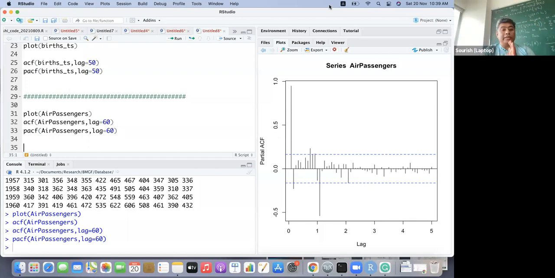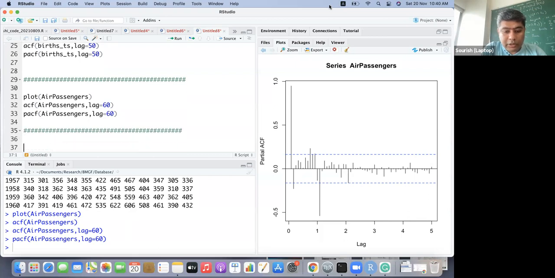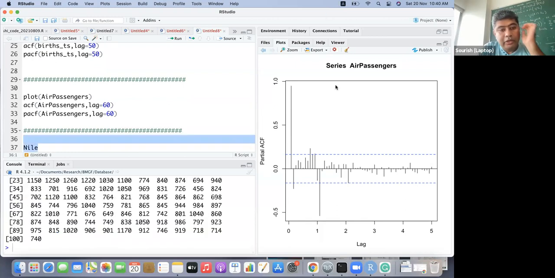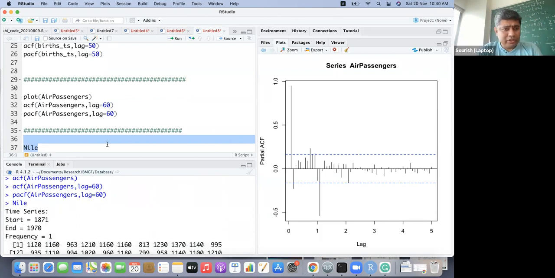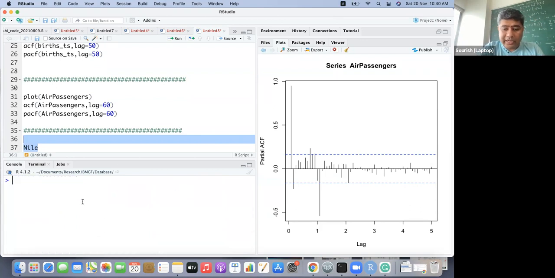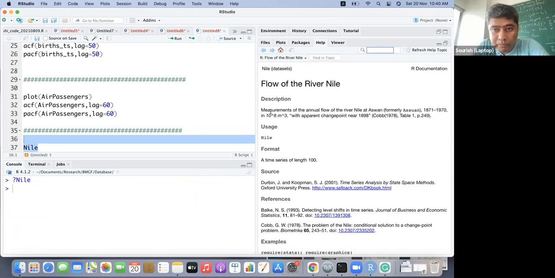Okay. Before that, I want to consider two more data sets. One is called the Nile data. As far as I remember, it was the average flow in the river Nile.